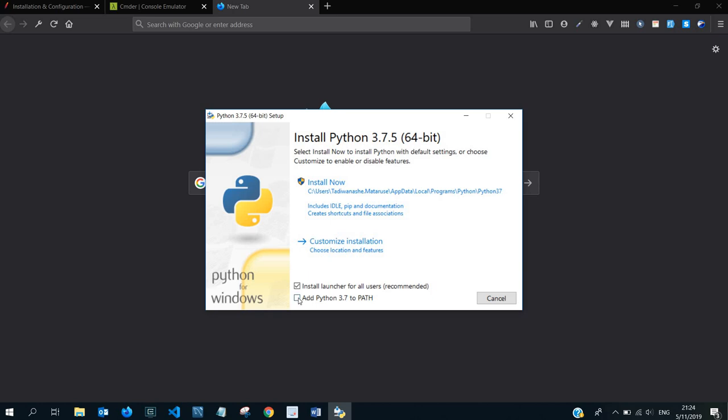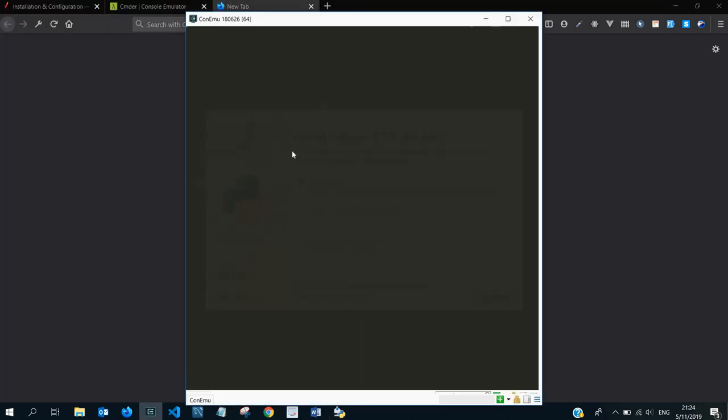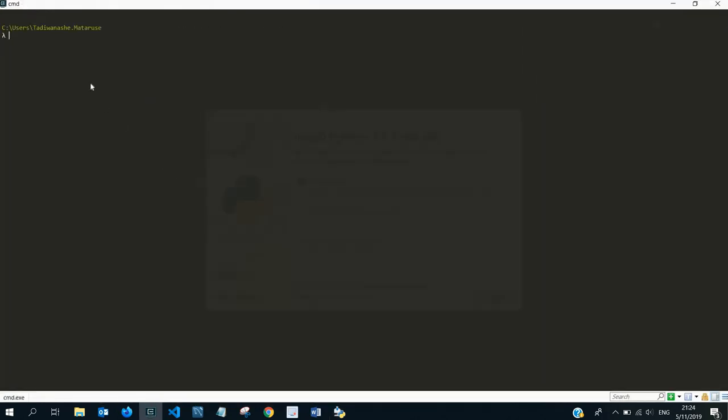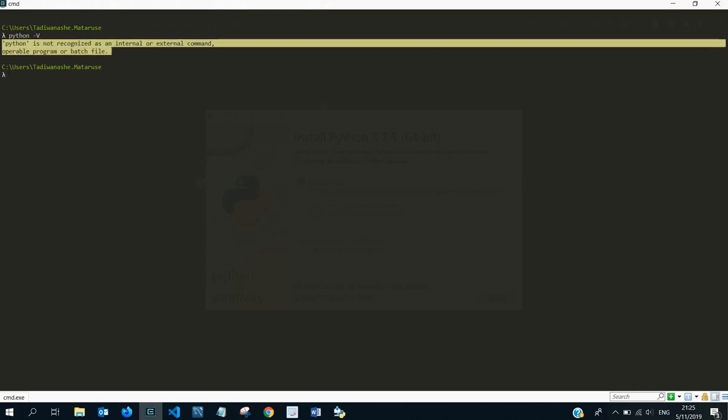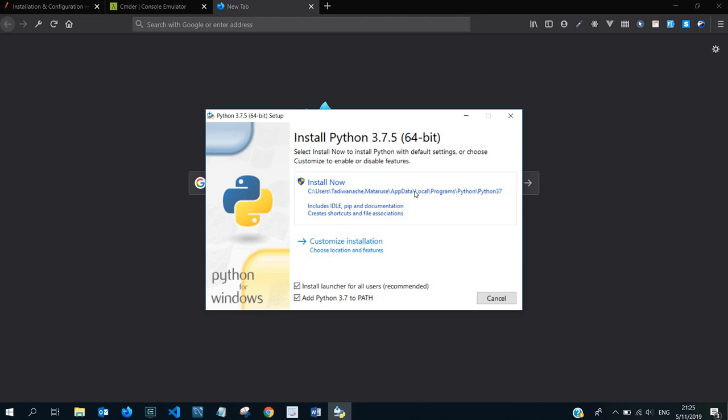I need you to tick on add Python 3.7 to path. This simply is going to add it to the environment variable, so that every time you enter a command, like when we just want to check the Python version, it will not give us problems like this is not an internal or external command. This is a common Windows issue. It's experienced a lot because most people forget to add their Python script to the environment variables. So if you tick this one and then click on install now,